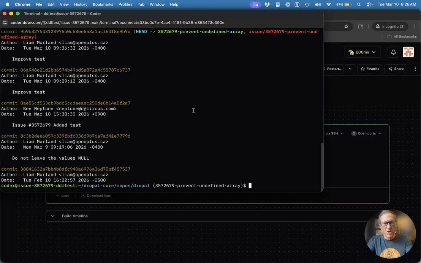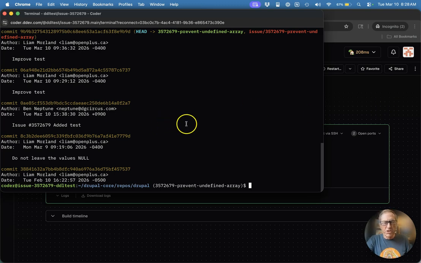And we are ready to test this or contribute to it. We can actually push into this issue fork or whatever. So there we are. In under 6 minutes, we just launched and are able to contribute to a Drupal core